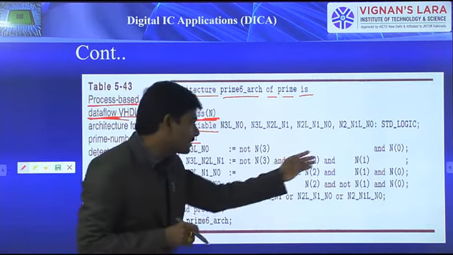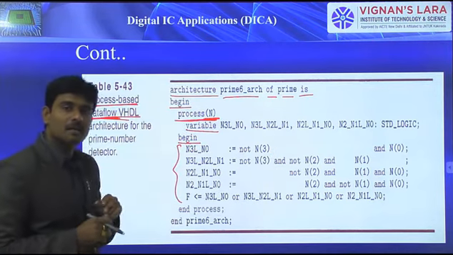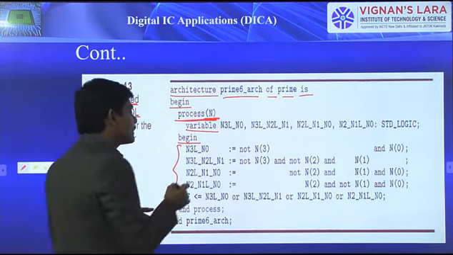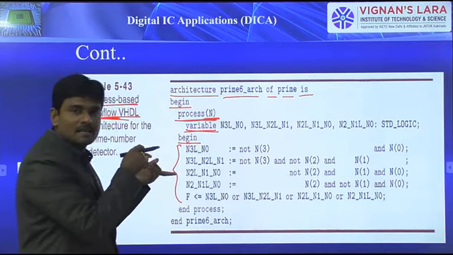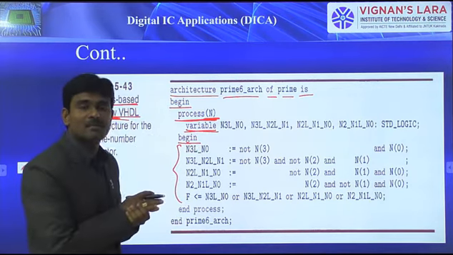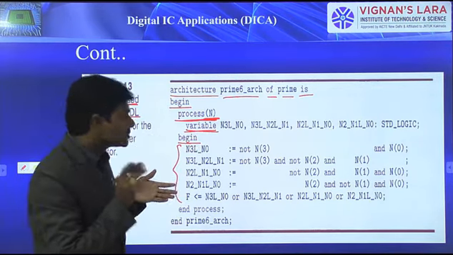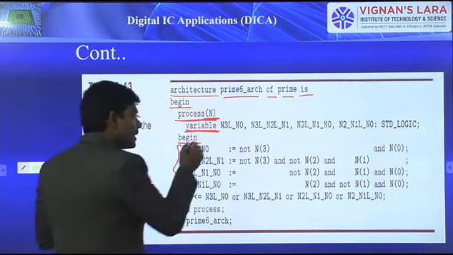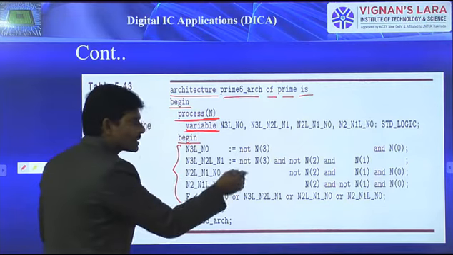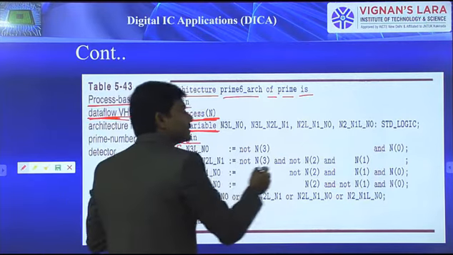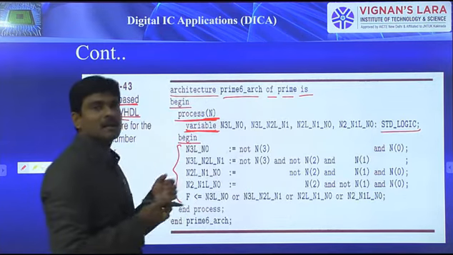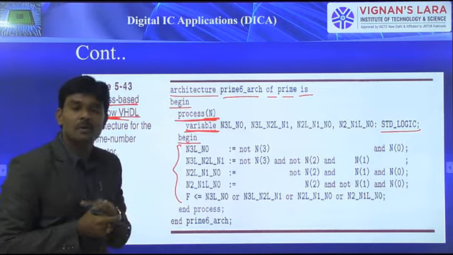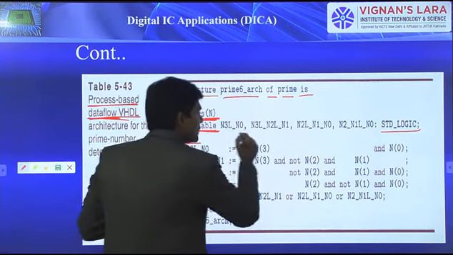Anyway, this N0, N1, N2, N3, all these are defined in the entity declaration part, and only these four are not yet declared. Because all those must be used within the process, we have to declare them as variables, not signals. So here I mentioned the variable declaration part. Whatever signals are not covered previously must be defined as variables, using the variable declaration syntax: variable names, colon, variable type. Using that, I mentioned the variables.